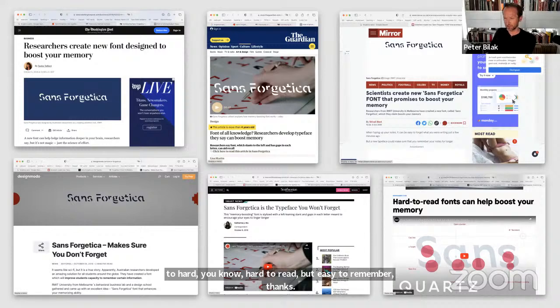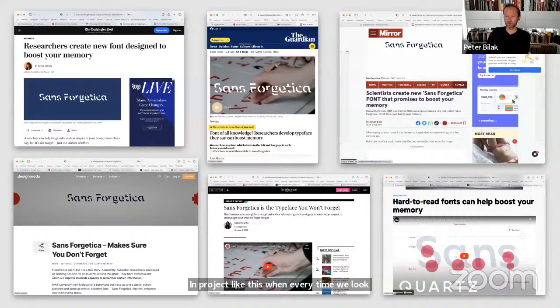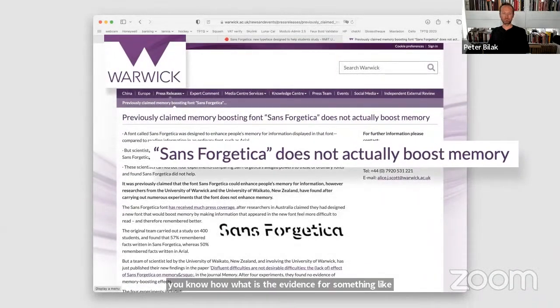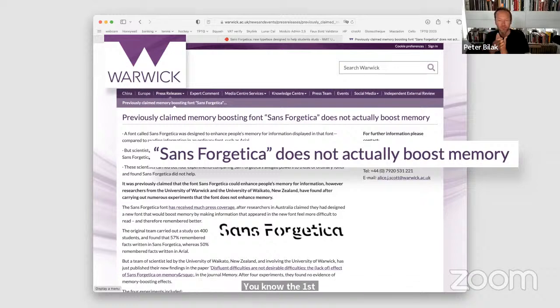In a project like this, every time we look for evidence of why, what makes it true, what is the evidence for such a claim, and often it takes time. So 2 years after the release of Sans Forgetica, and having received a great deal of publicity, the first peer-reviewed study finally proved that this typeface is not effective for enhancing memory, which comes as a disappointment. You almost want to believe that something is possible,